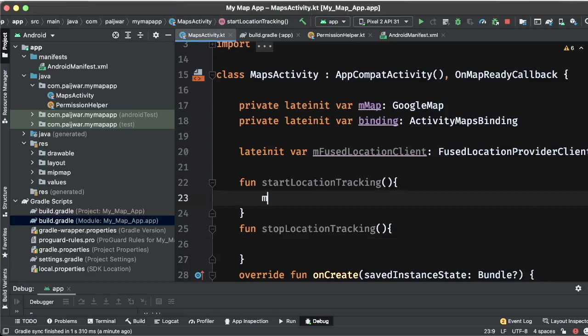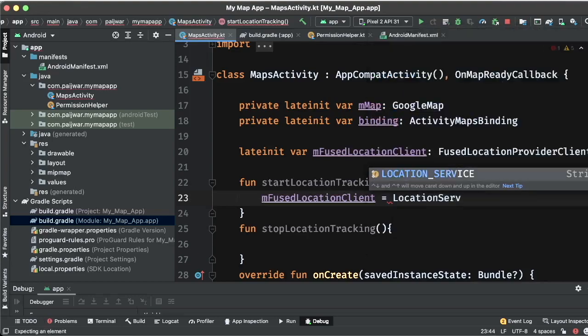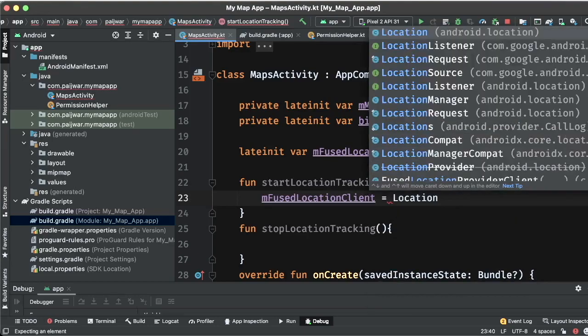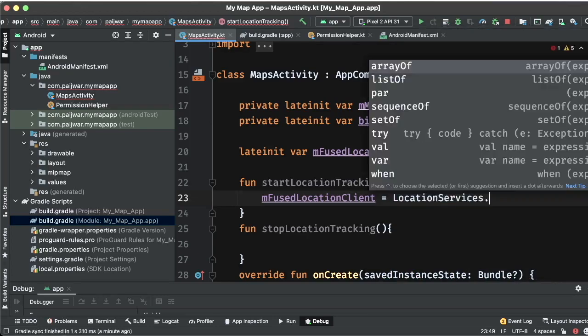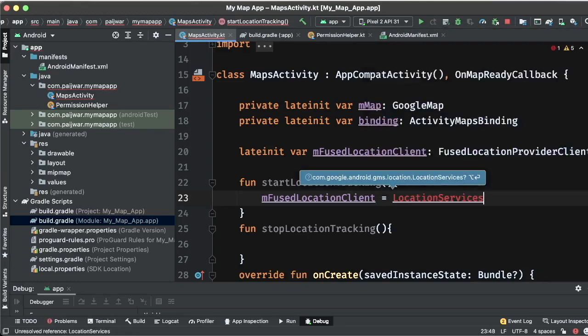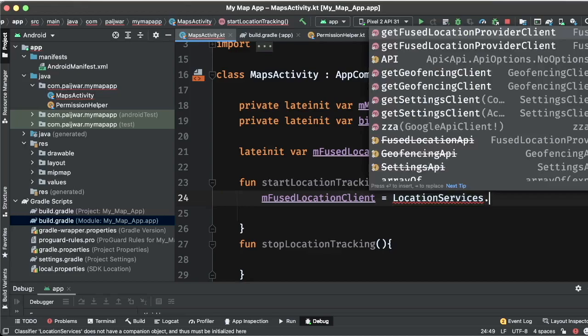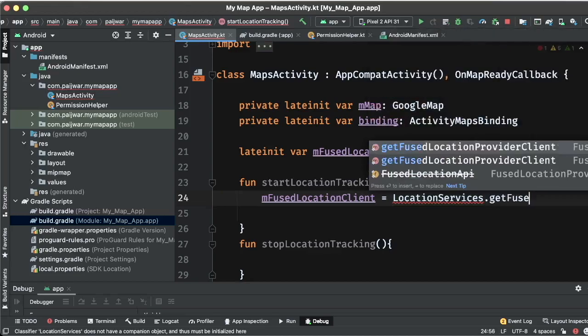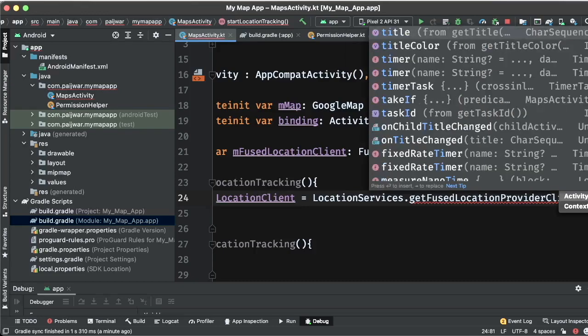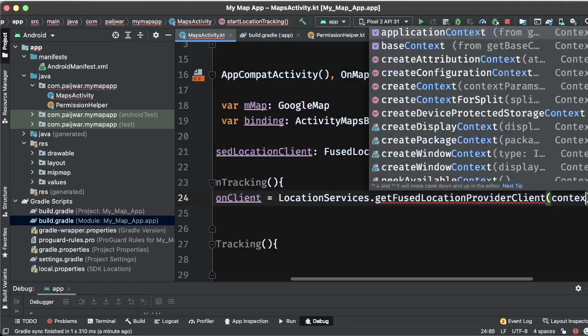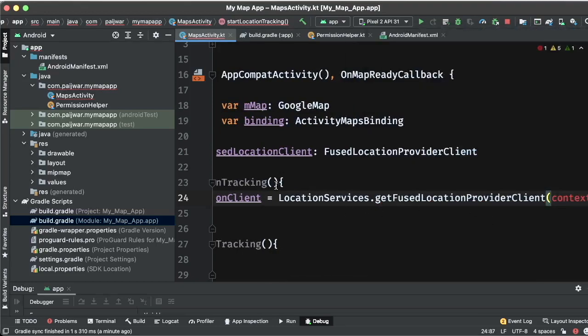So we'll say fusedLocationClient is equal to LocationServices.getFusedLocationProviderClient, and in that what we need to pass is a context. So we can pass a context, and we can take this context as a parameter.